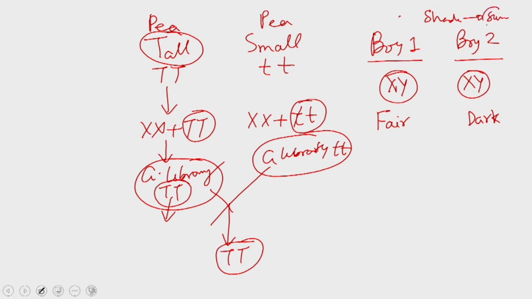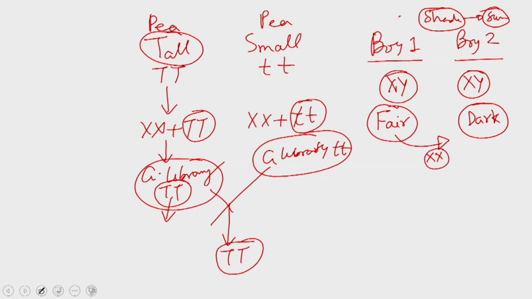In those cases, you might have noticed that if a person goes from shade to sun, the color gets changed from fair to slightly dark, and that happens because this person is expressing some additional genes, like for example XX, which are responsible for giving a dark color to the